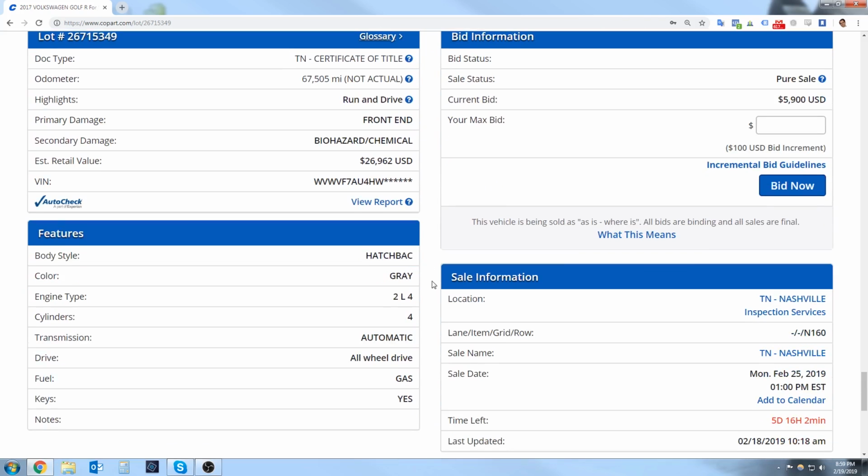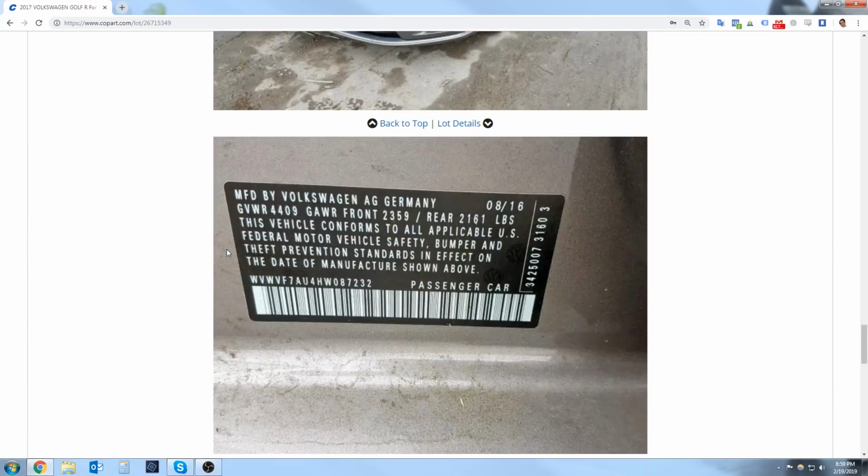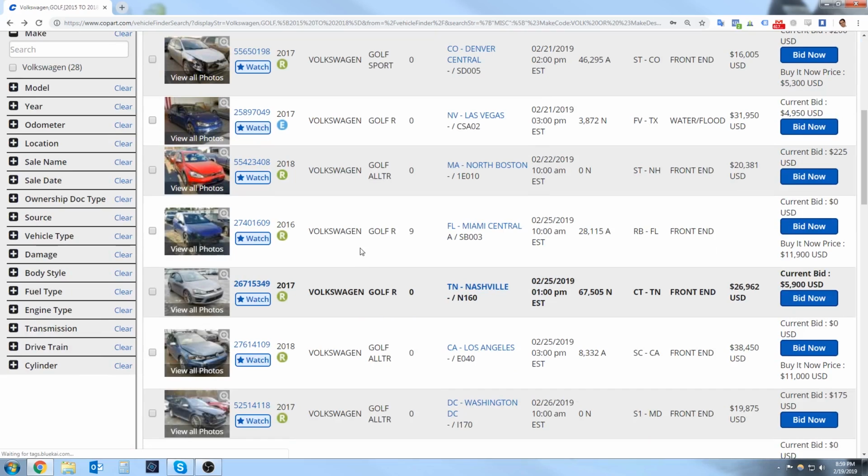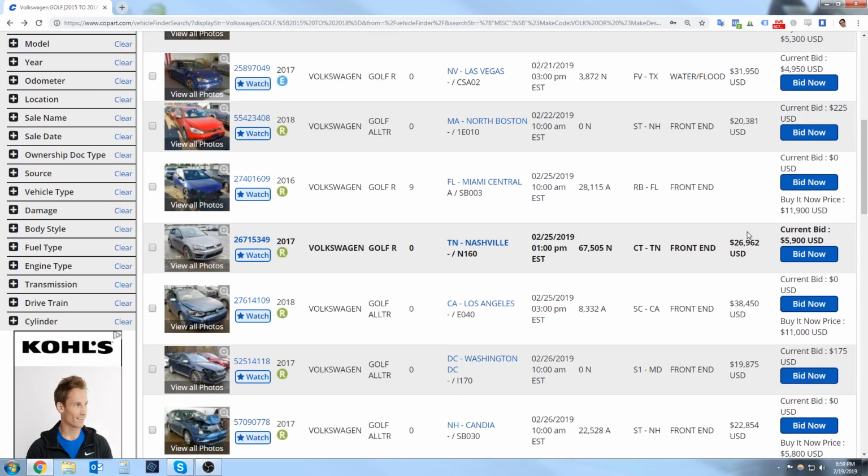Just because it runs and drives, that doesn't mean that there couldn't be differential damage underneath the car that you have no idea about when you get this. It drives, but it just whines like crazy because it has no fluid in it, and if you drove it a long distance, it would just lock up eventually. So things like this, you have no way to know, and it could have damage enough that it will drive, but you wouldn't want to drive it at any speed because the thing will eat itself if you do. This is a car that has a lot of question marks around it, and I wouldn't blindly purchase a car like that,